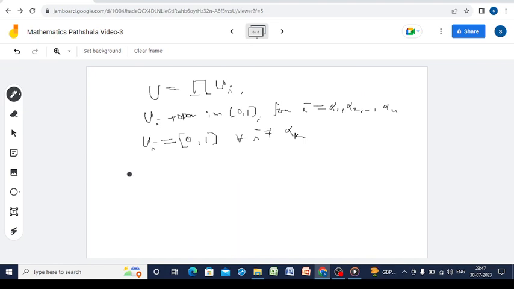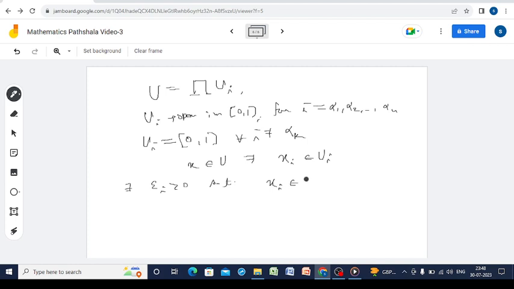See here, U_i is open in the closed interval [0,1] for i equal to α1, α2, ..., αn, and also our x belongs to U, that means our x_i belongs to U_i, and since this U_i is open, each x_i is an interior point. So there exists, for each i equal to α1, α2, ..., αn, say ε_i greater than 0 such that